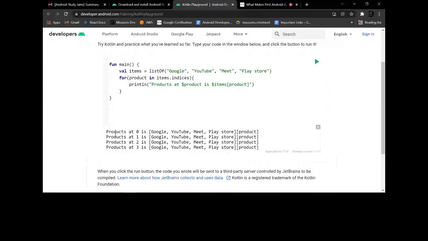This should not happen. Indexes, products at product is items, yes, items, and the indexes. So the index is product.